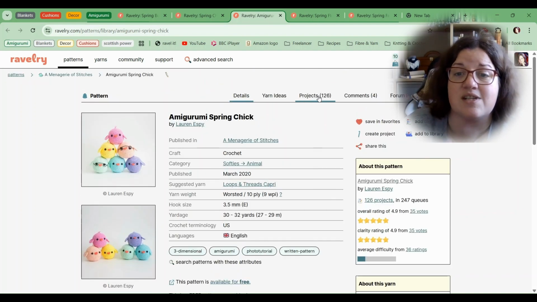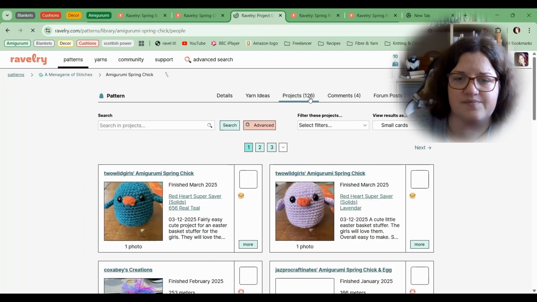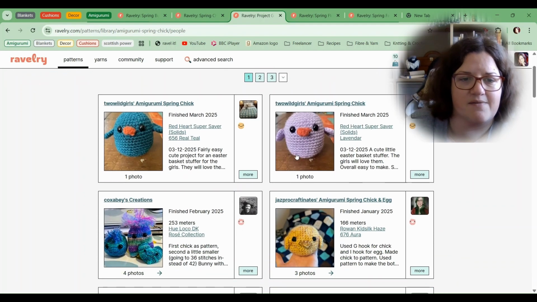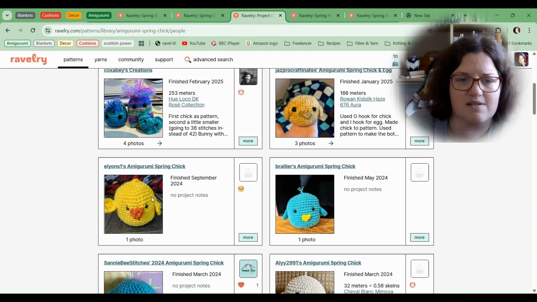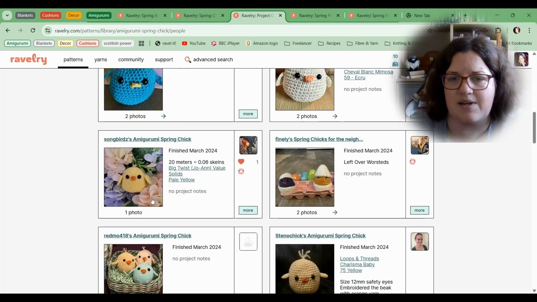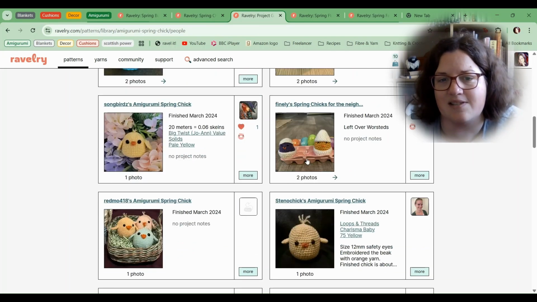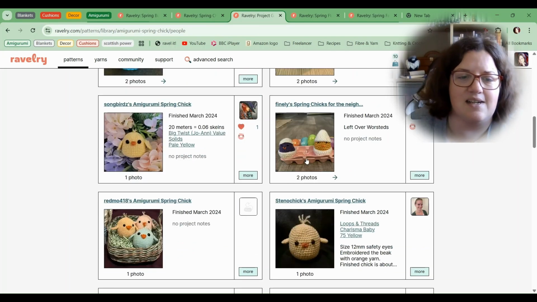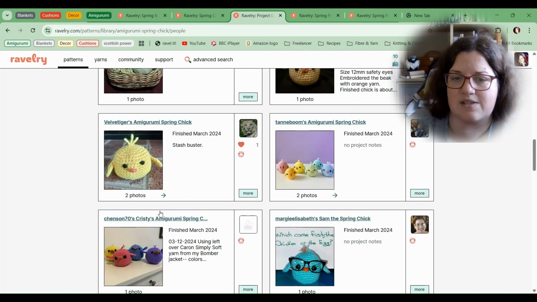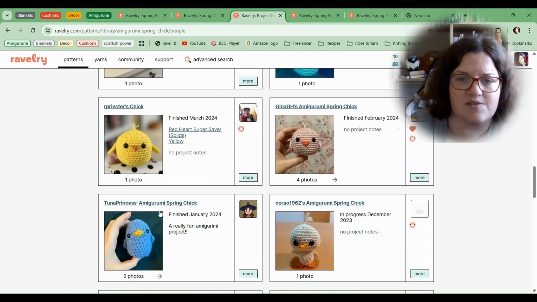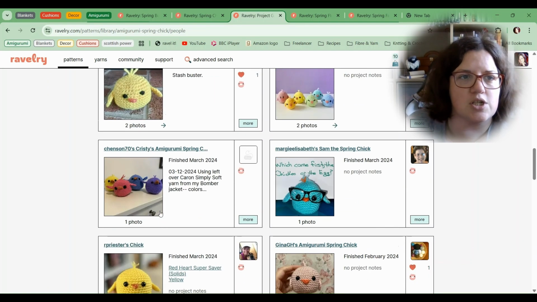So we've got 126 projects on Ravelry for it. So yeah, people have had a fair amount of success by the look of things of making these little ones, and somebody has worked up some little eggshells to sit their chicks in. So yeah, again, good for decor, good for gifts for kids if you don't want to be giving them chocolate